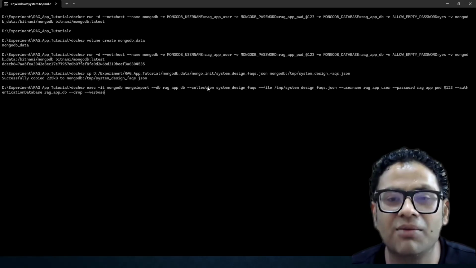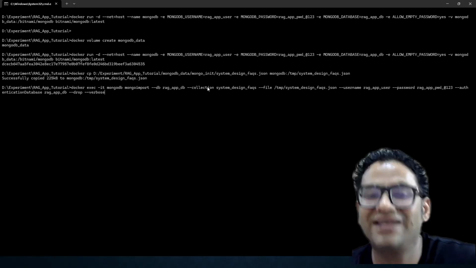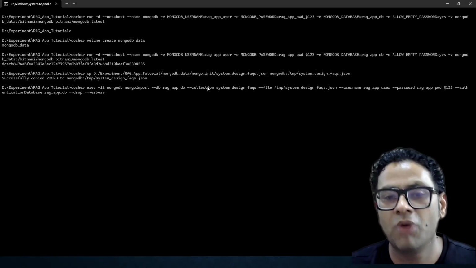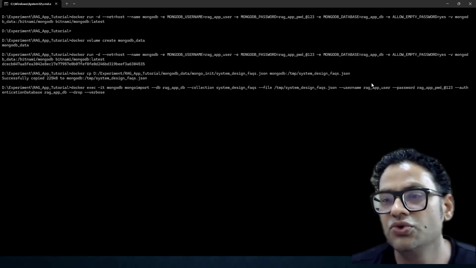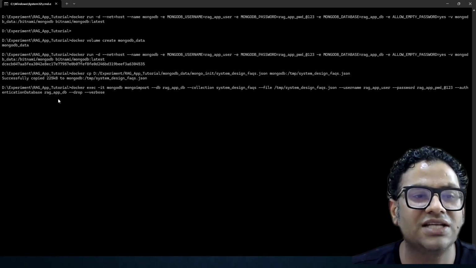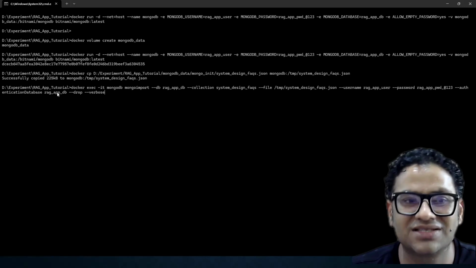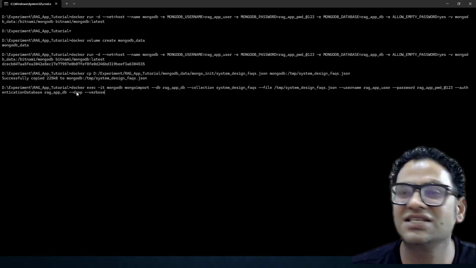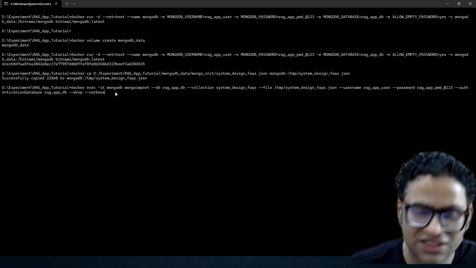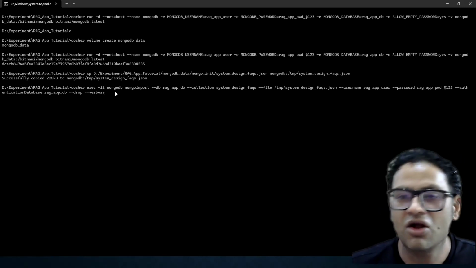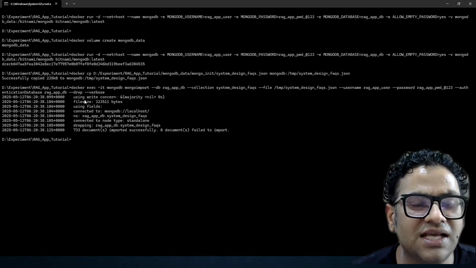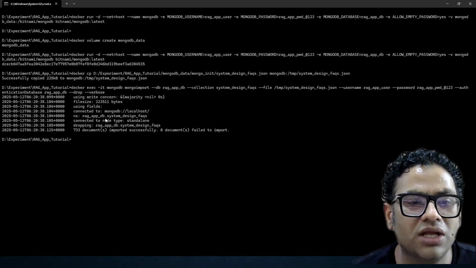Collection in the MongoDB world is pretty much the same as a table, right? What is a table in a relational DB is a collection in MongoDB. Then username, password, and authentication database is rag app underscore DB. It's the same DB, and drop: if this collection already exists, it is going to drop it, and verbose is to give us the comprehensive logging. So once I run this, now we can see it just connected to the MongoDB and